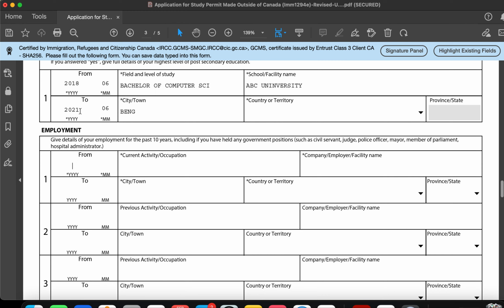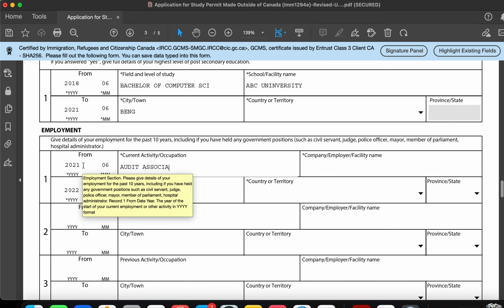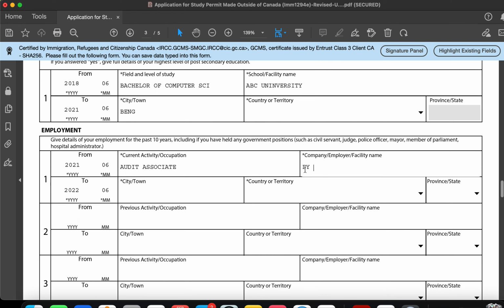Okay, so since I graduated in 2021 May, so from 2021 June till currently whatever I'm doing. Or if you've left a month back, you can write 2022 or June. Suppose you've left in June itself, you can just write from here you were working as, what were you working as. You can write analyst if you were an analyst, or you can write audit associate. Okay, you can write EY India, city or town Bengaluru, country or territory obviously India,